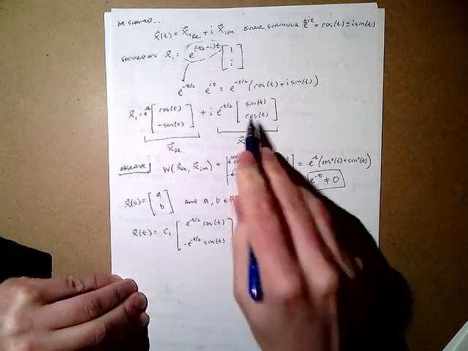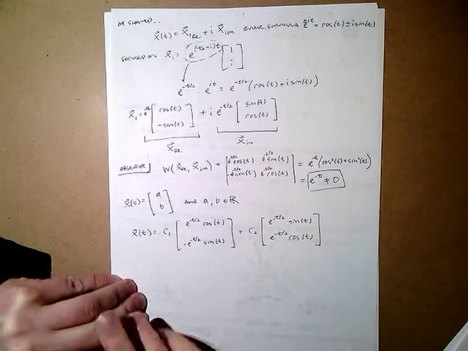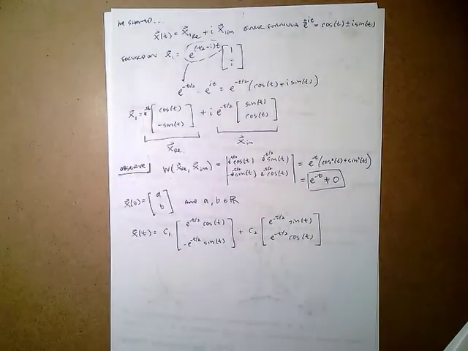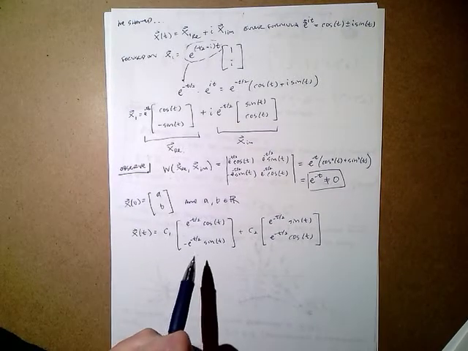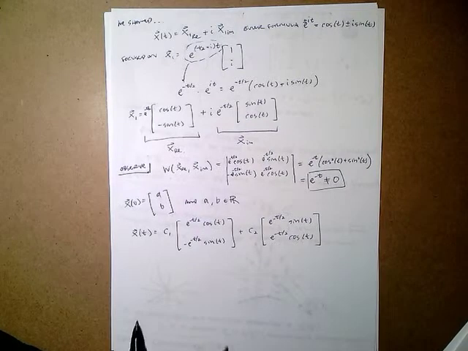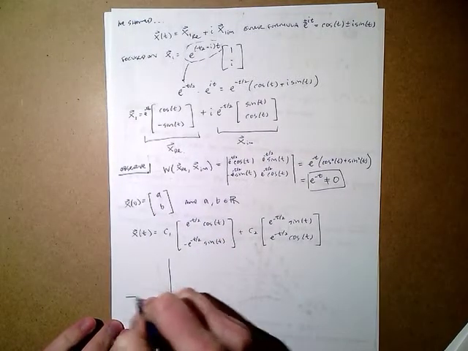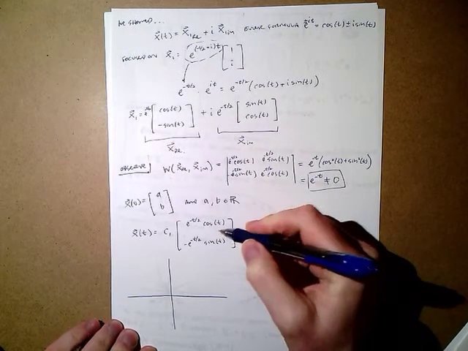And because these two are linearly independent, then that is also a solution to the system. Okay, and we can generate real value trajectories from these two vectors. So, for example,